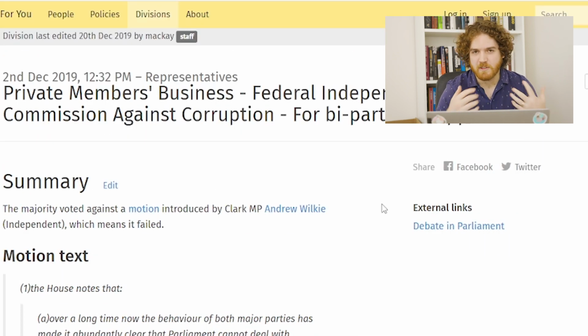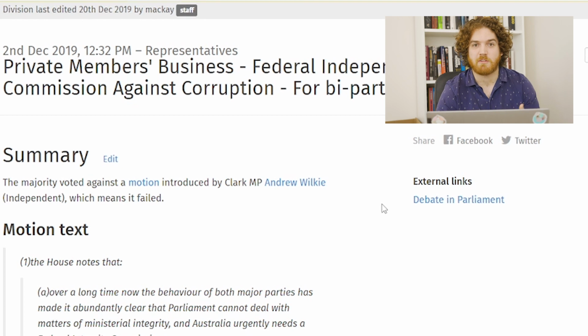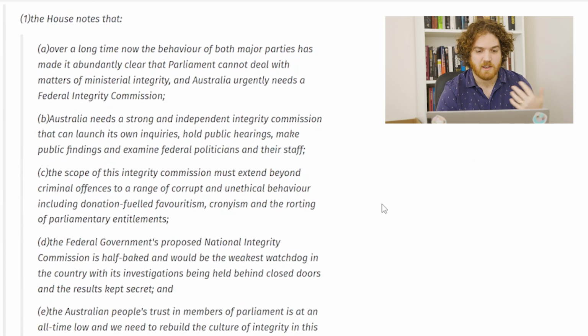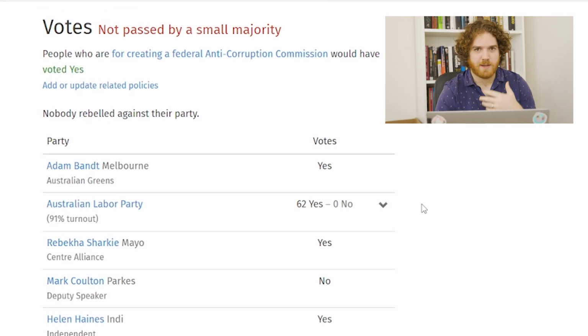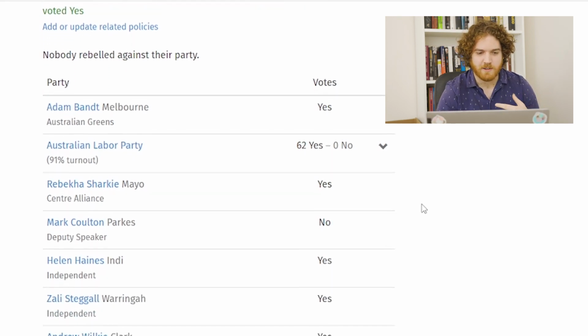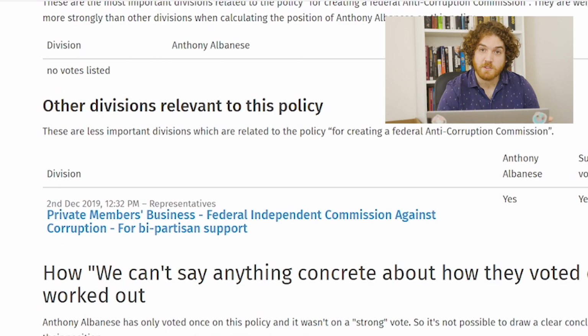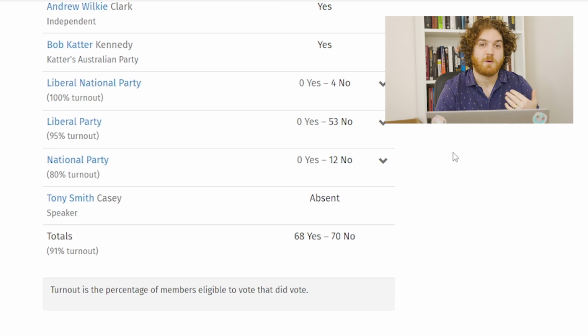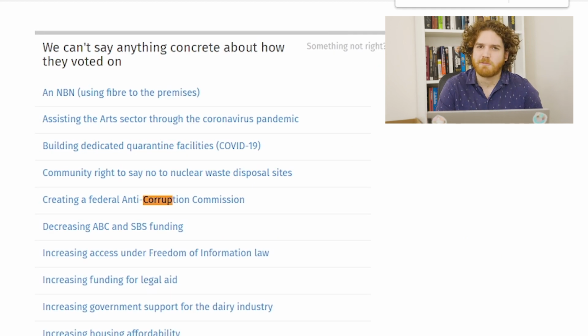This isn't a fully fledged bill. This is a motion. He's just calling for support and asks for members to state whether or not they support a federal ICAC or not, and it did not pass. So you can actually see how people voted for this. So we can see Greens voted yes, all of Labor voted yes, 91% turnout. That also includes Anthony Albanese, and all the members of the Coalition that were present voted against it, which includes Scott Morrison. And because they introduced the religious discrimination bill instead of the ICAC, we are going to examine